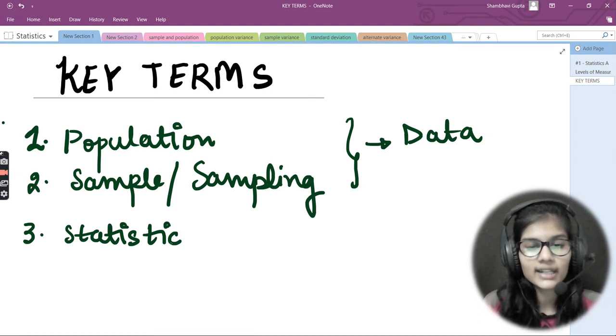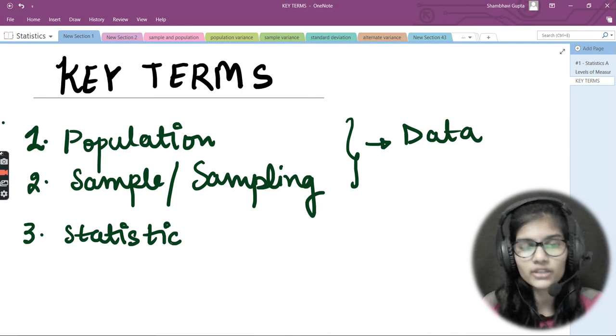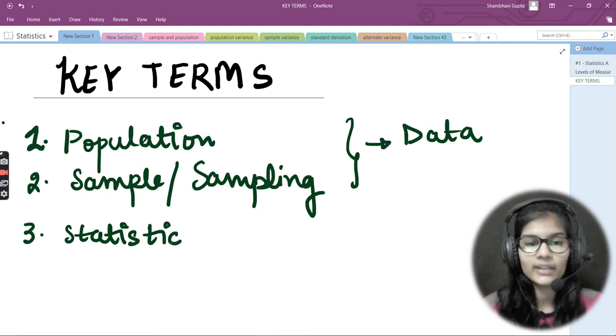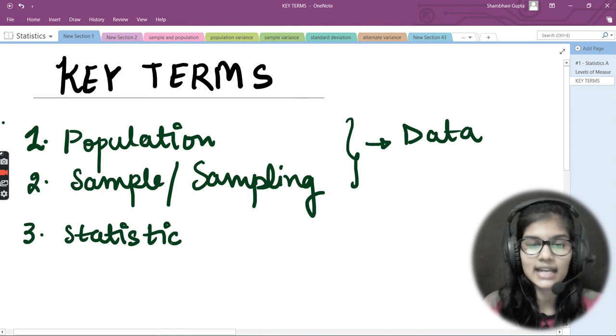Then the average number of points earned by the students in that one math class at the end of the term is an example of a statistic. In that single math class, we can find the average number of marks, or points, whatever we want to say. The average number of marks earned by a student in that one math class at the end of a term, because the math marks will be calculated at the end of the term, is an example of a statistic.